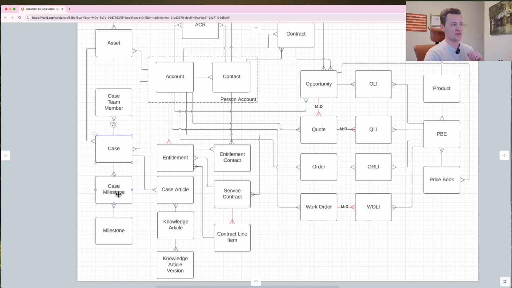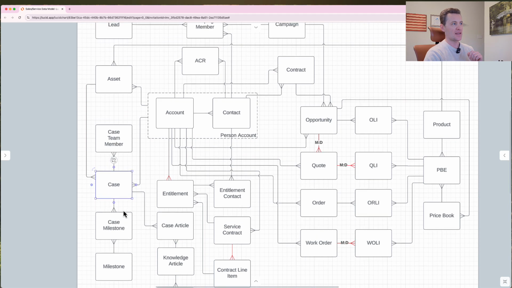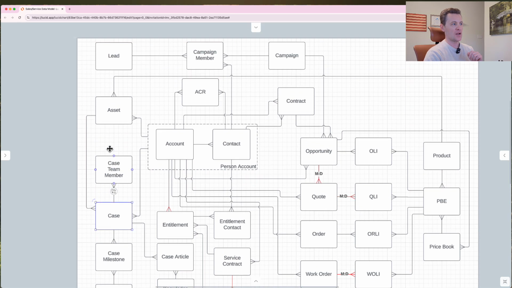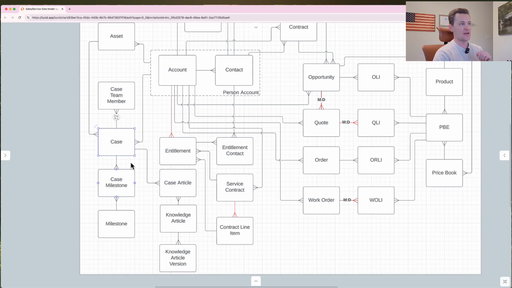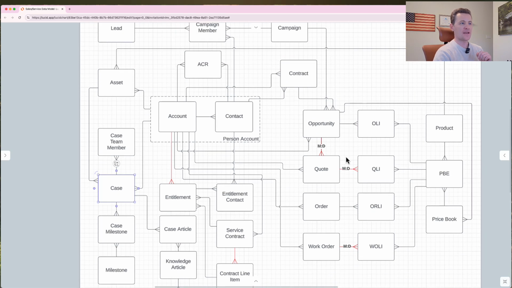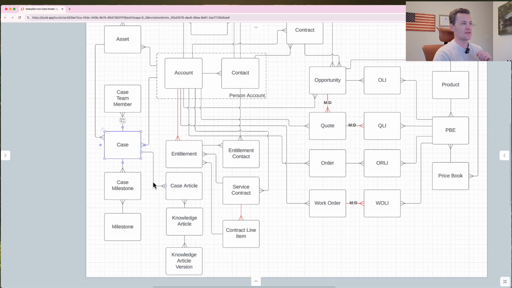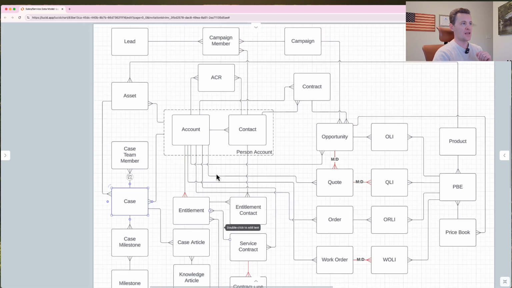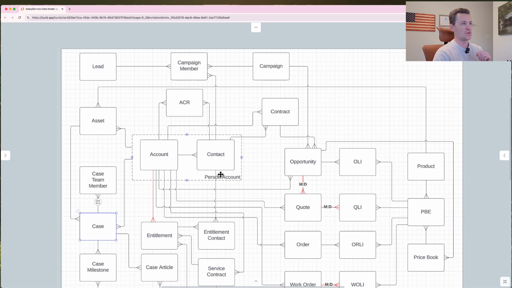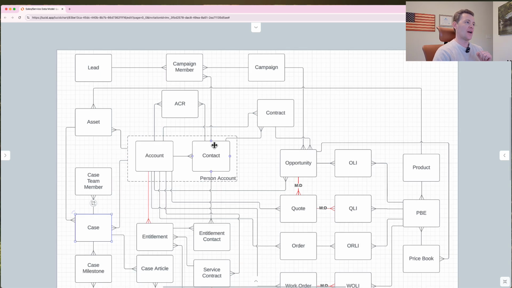So you've got your milestone and case milestone, and then a case team member. So that would be my Service Cloud objects on the left hand side. So again, the sales is on the right, the service is on the left. Now going back up to the top over here, I didn't mention anything about the contract being special in